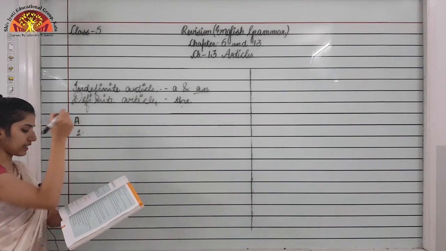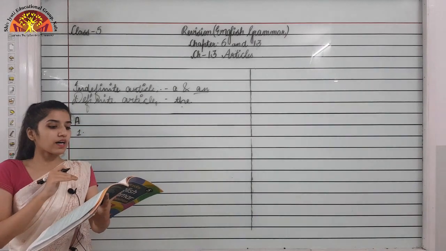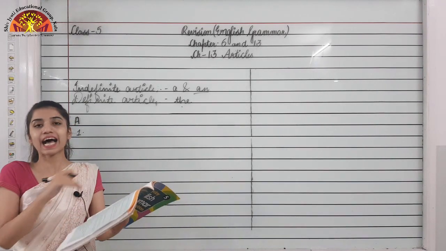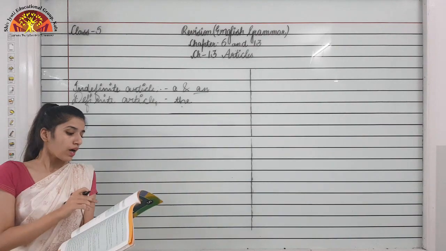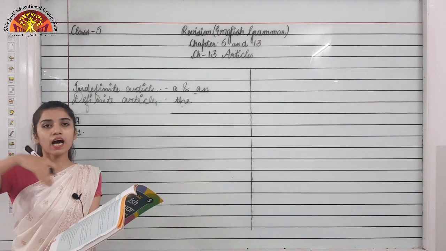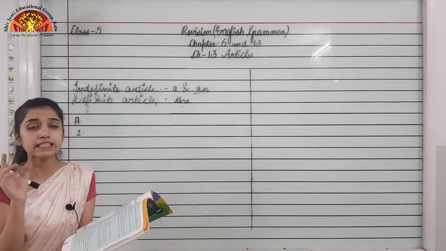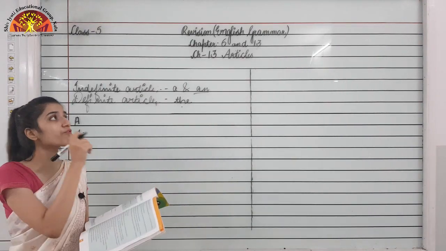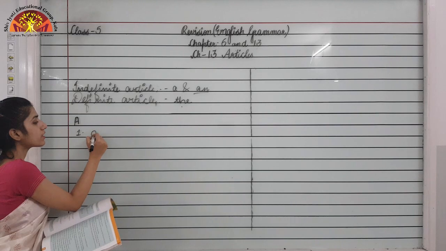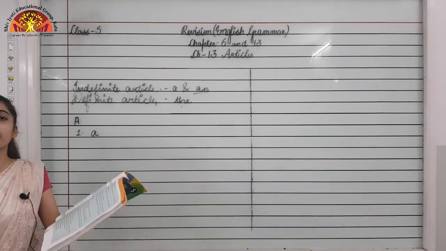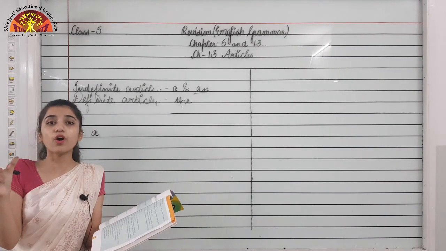First one you can see, Parul saw dash little octopus in dash aquarium. So dash is having before little. So just listen to the sound of little. It's having a consonant sound. So in the first blank we will put what? A. Okay, and in the second blank, in dash aquarium, it's having the sound of what?